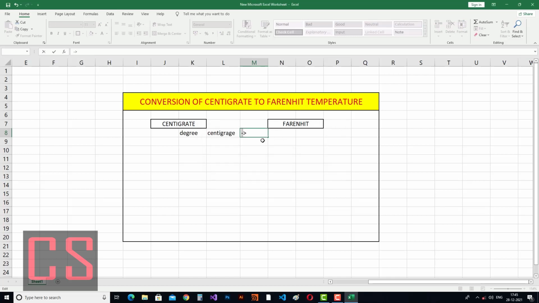I'm not going for any formula, I'm just writing this arrow.